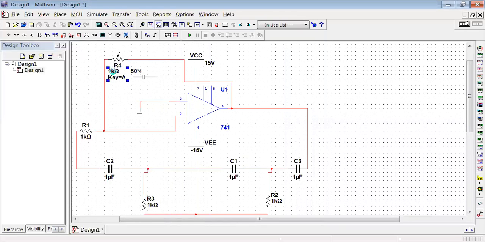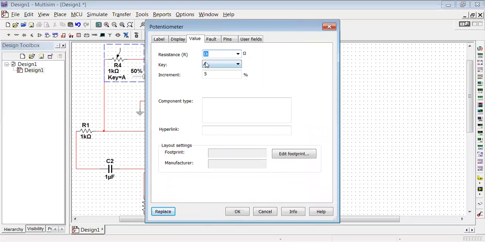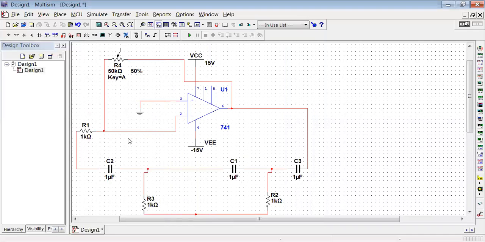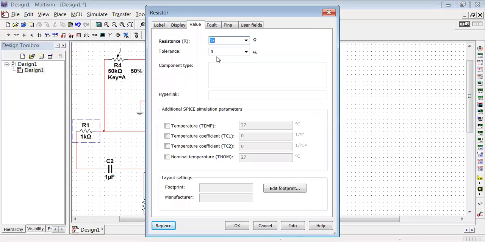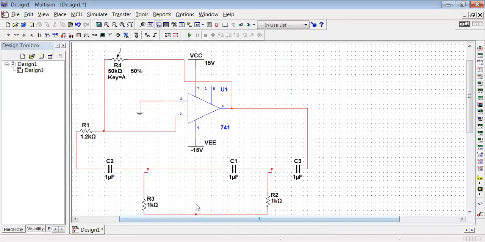Then the potentiometer value, change it to 50 kilo ohm. Click on OK. Then the value of this resistor, we need it as 1.2 kilo ohm. Click on OK. Then this is 1 kilo ohm. This is 1 kilo ohm.